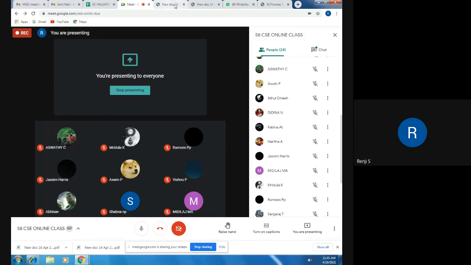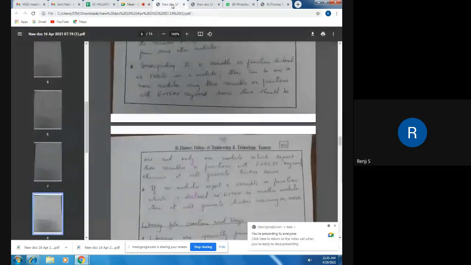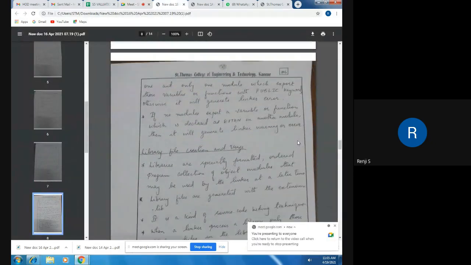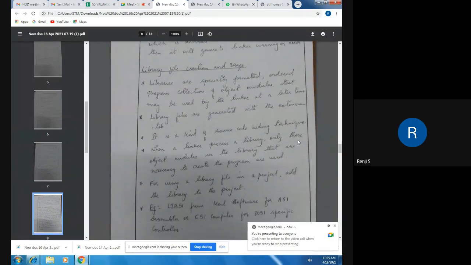So that is how exporting and importing is done in assembly language. Next is library file creation and usage. Library file creation. So libraries are specially formatted program collection of object modules, and they can be used by the